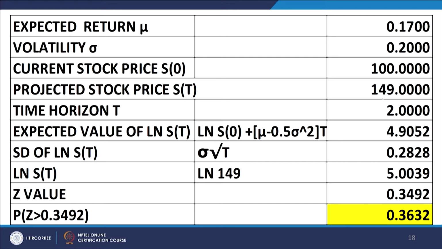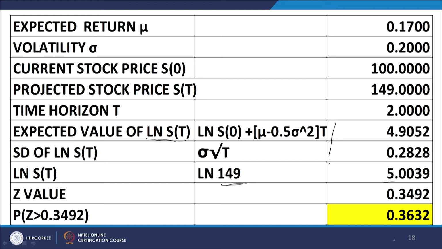Now, then we work out log of 149, because remember these two, mean and variance, are the mean and variance of log S_t. They are not the mean and variance of S_t, they are the mean and variance of log S_t. Therefore, we have to handle even the projected stock price in terms of its logarithm. So, the log of 149 turns out to be this. In other words, we want to find the probability of log of S_t, that is the log value, exceeding 5.0039, provided that